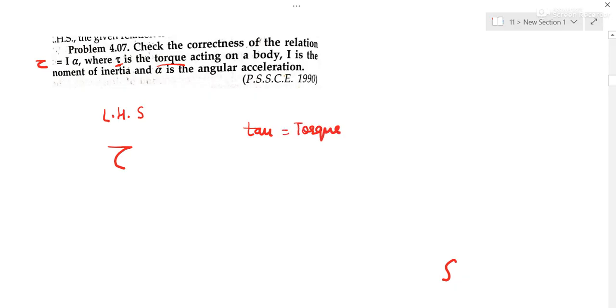Now we should know what the dimensional formula of torque is. That is why yesterday I released a video in which there are dimensional formulas of all the quantities. So what is torque? The general formula is force into distance. That I remember, but you have to memorize. Now what is force? mLt minus 2 into L. So basically it is mL2t minus 2. So let us substitute here.